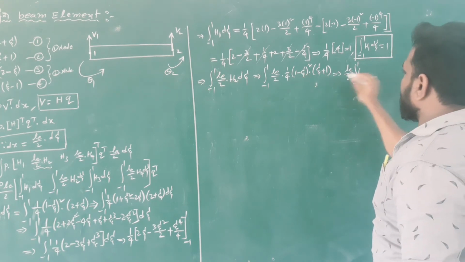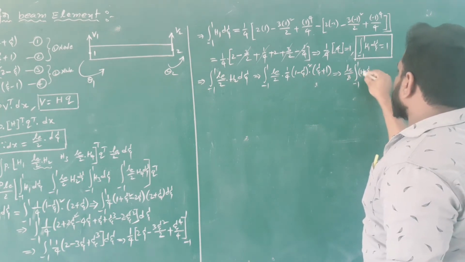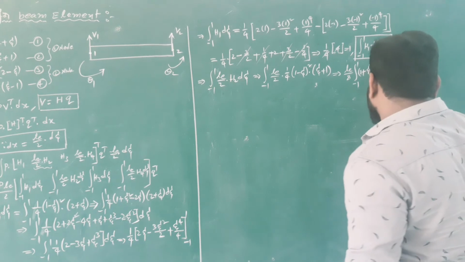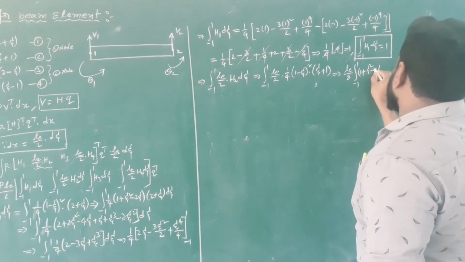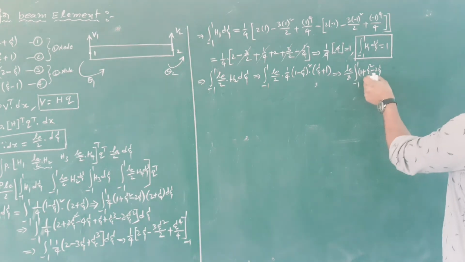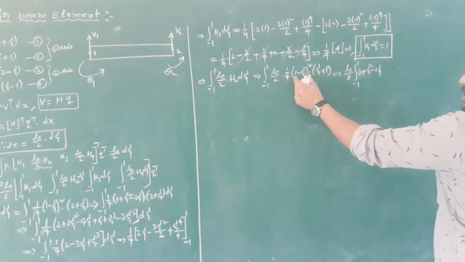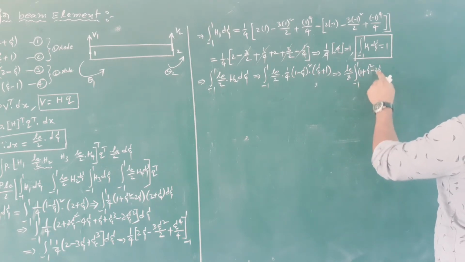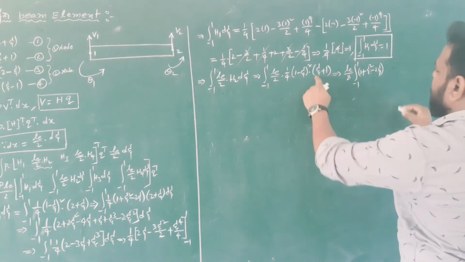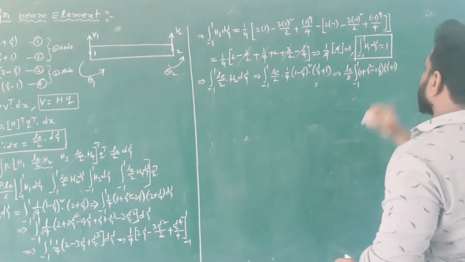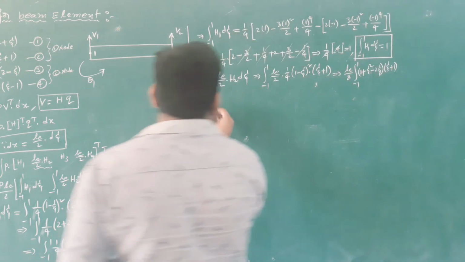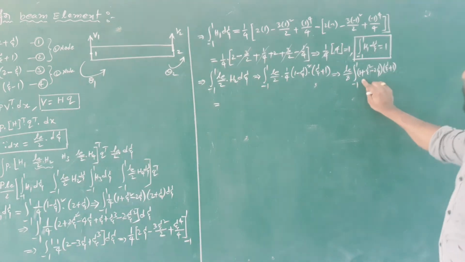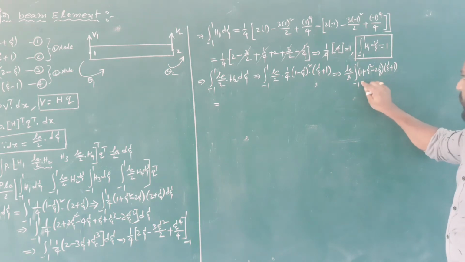Here, 1 minus j square plus 2j. Sorry, minus 2j. That is a square plus b square minus 2ab. This is like a minus b whole square equation. That's why I write here 1 plus j square minus 2j, into j plus 1. Now write it here. Now multiply with j the entire equation and then plus j plus 1 entire equation.